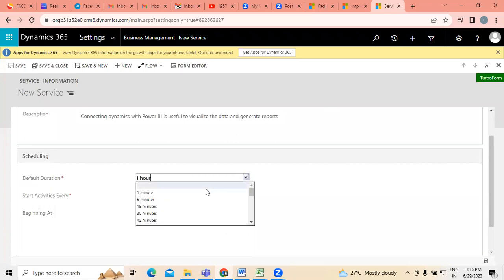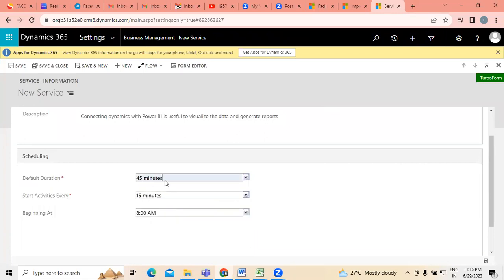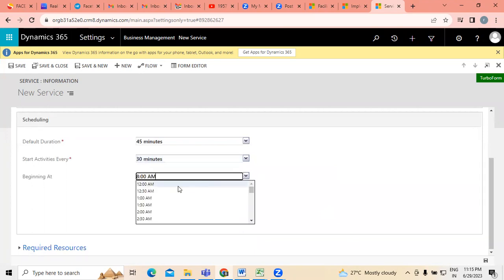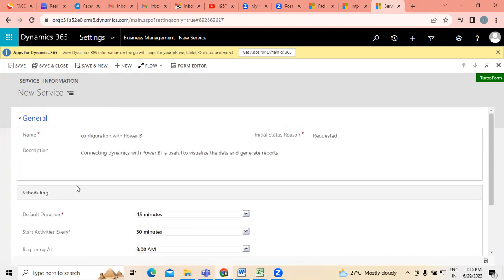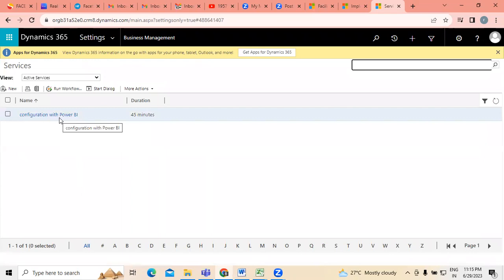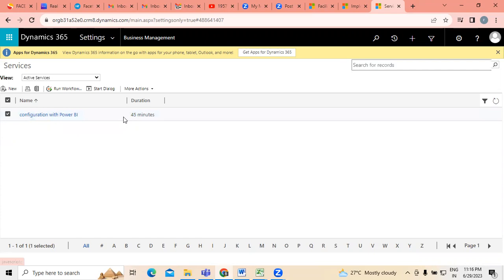Next, default duration, how much duration we require and everything. For example, 45 minutes is what we have taken. Activities every 30 minutes we have to update is what we have taken. At what time it has to start and everything, 8 a.m. is what it was, where we can update. Configuration with BI is one of the services in Dynamics. So if you want to configure any kind of services, this configuration with Power BI is the service we have taken. So further, that tentative time, the amount of time, what is the